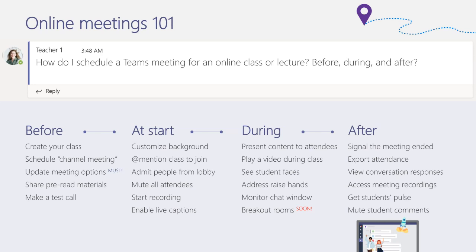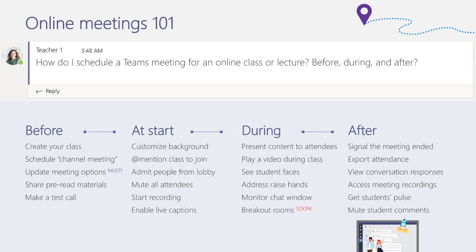Ideally, it's a channel meeting, because that's what makes it more secure, having it inside the team where only those students in your organisation that are in your class can then use that link to get in. Then we'd be looking to update the meeting options so that you can decide who's a presenter, who can share their screens, who can mute and record and all those sorts of things that if it isn't done at the organisation level, you can do individually where you are.